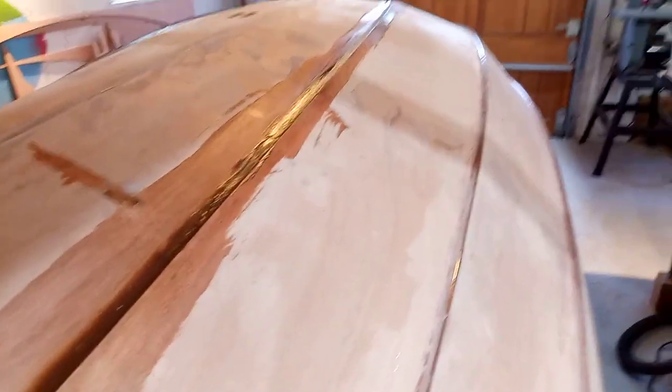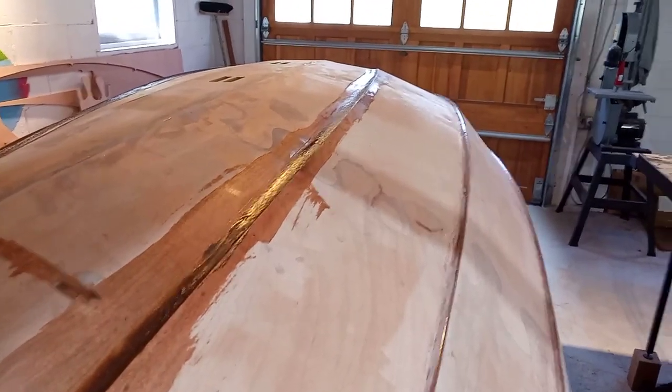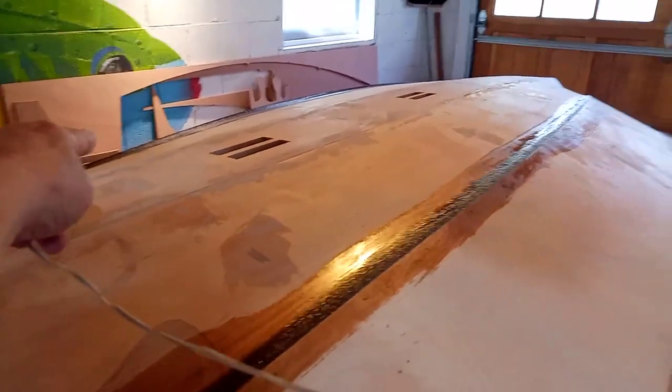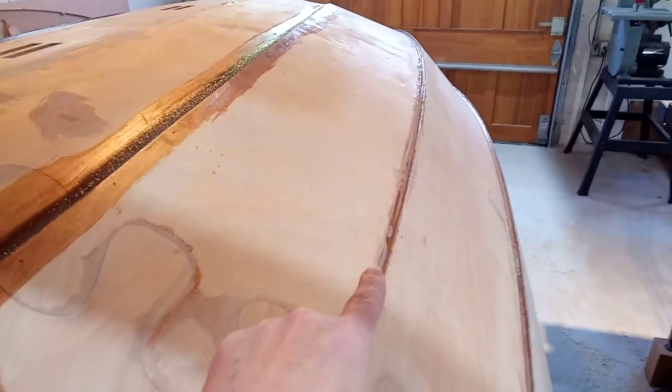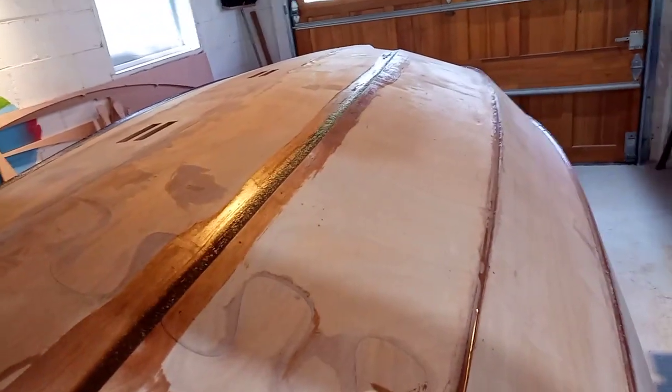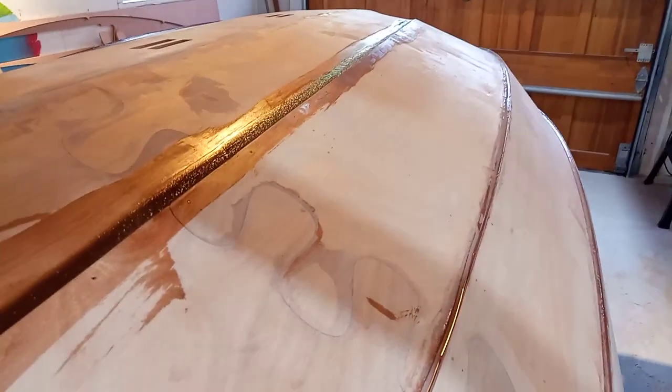over the top of this, and I'm going to be using carbon fiber cloth, and the cloth I have is 50 inches wide, and it's actually 50 inches between here on the widest spot to the same spot on the other side of the boat, so basically at the top of the second plank. So I'm going to be running it from one side right over to the other, as opposed to if you bought the kit with the